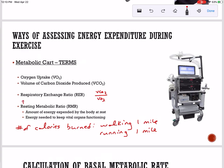Lastly, this unit also gives us an estimate of resting metabolic rate. This may be a new term for you. You may hear it called basal metabolic rate. Either way, basal metabolic rate or resting metabolic rate, this refers to the amount of energy expended by the body at rest. In other words, not exercising, not walking to the refrigerator, how many calories your body burns just to keep its